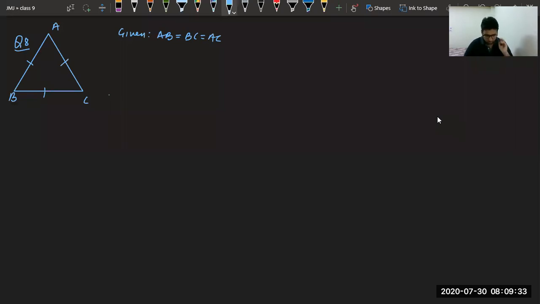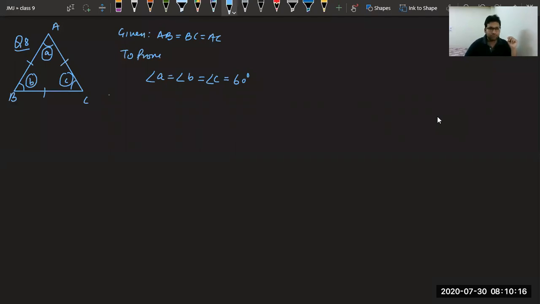Moksh, you are correct, beta, but we have to prove this thing. Instead of the formula, we can use other things also. Now, as these three sides are equal, we have to prove that angle A, angle B, and angle C are equal, as well as that they are 60 degrees each. We have two things to prove. Very good, Gurleen. You're going good. So to prove is angle A is equal to angle B is equal to angle C equal to 60 degrees. This needed to be proved.